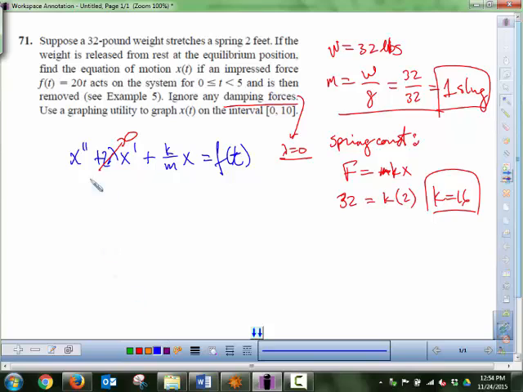So our differential equation is X double prime, I should use Y, huh? Oh well, I'll use X, plus 16 over 1 times x is equal to f of t. Now, f of t in this example